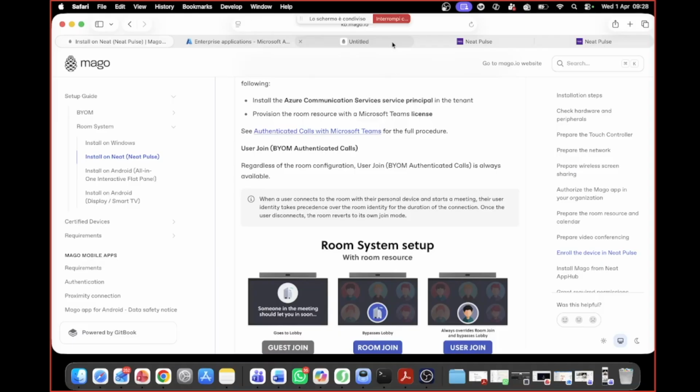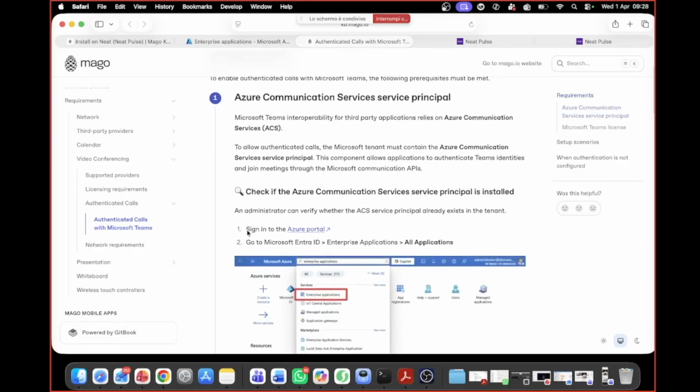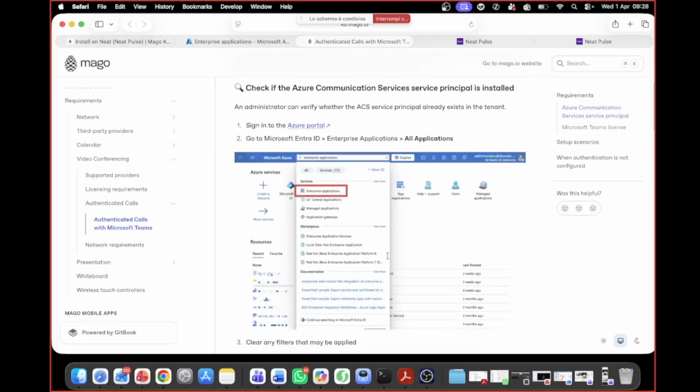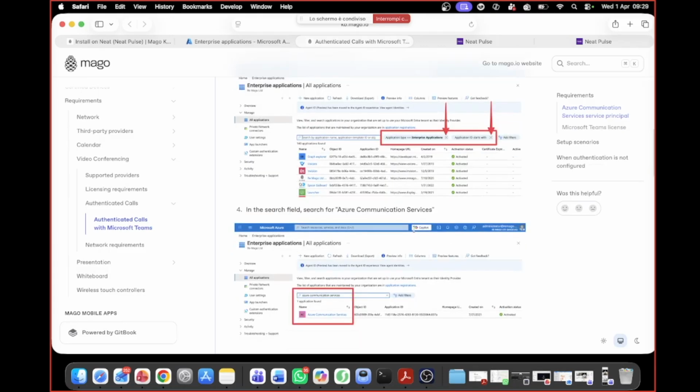And the full procedure, you have to go on your Azure portal, Enterprise app, same as before, and add, if you don't have it, Azure Communication Services. Adding Azure Communication Services,